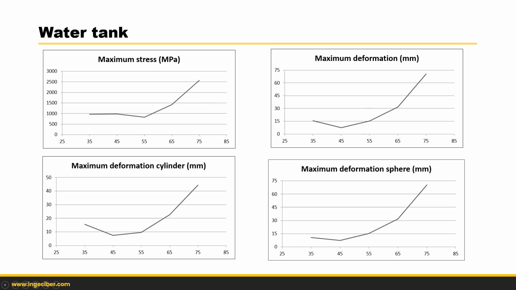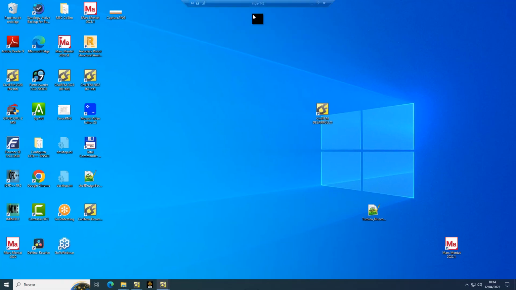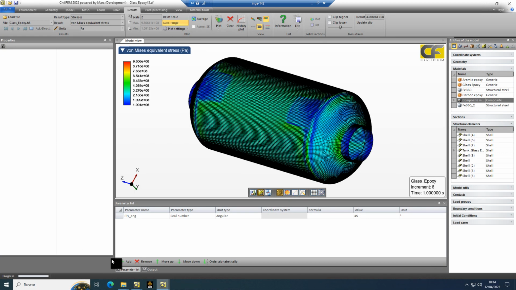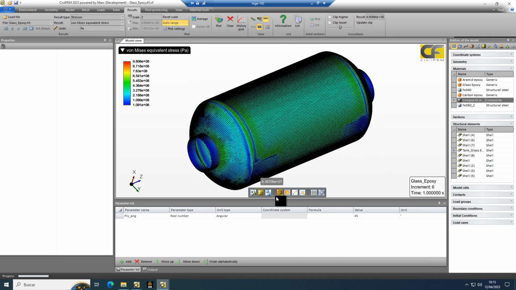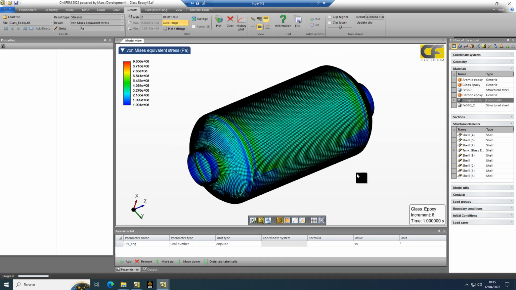So going again to the model, we can see that this is the optimal solution. In this optimal solution, we have also analyzed the failure criteria. So if we plot here the failure index,